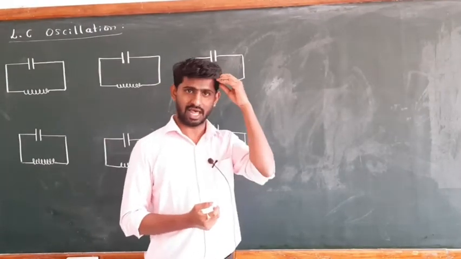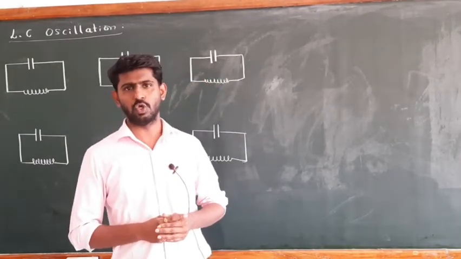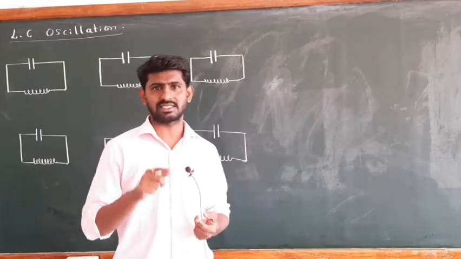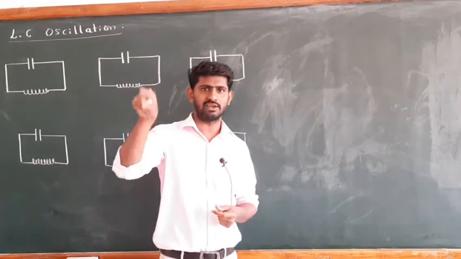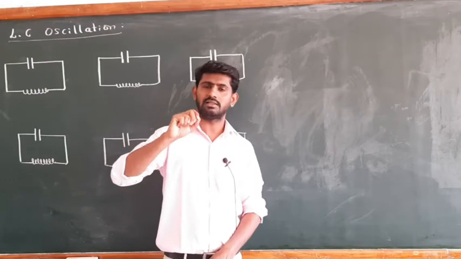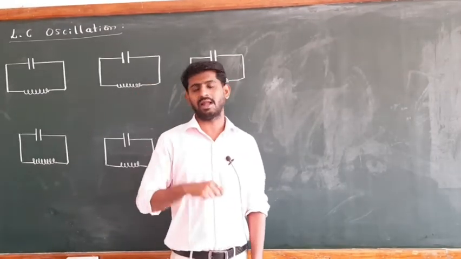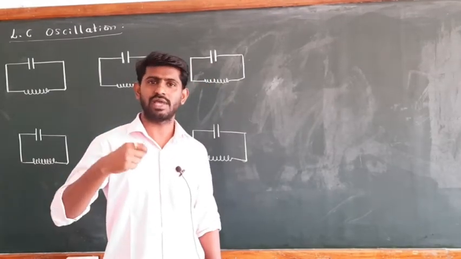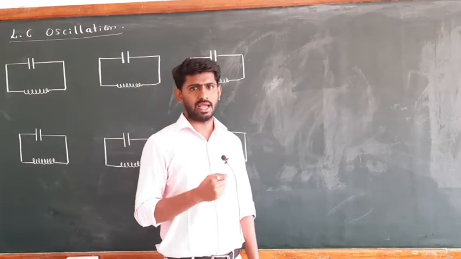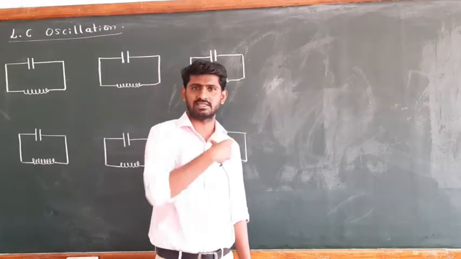So that was alpha. We indicated it as alpha, and tan alpha is equal to VL minus VC divided by VR, or you can write XL minus XC divided by R. So alpha is equal to tan inverse of XL minus XC divided by R. XL is the opposition offered by the inductor, called inductive reactance, and XC is the capacitive reactance, the opposition offered by the capacitor to the flow of current. And R is the resistance of the resistor in that series LCR circuit.